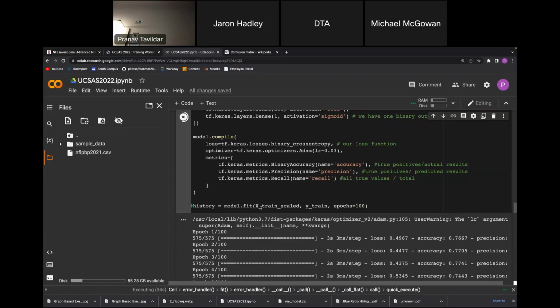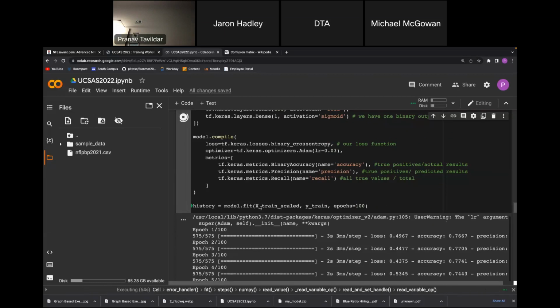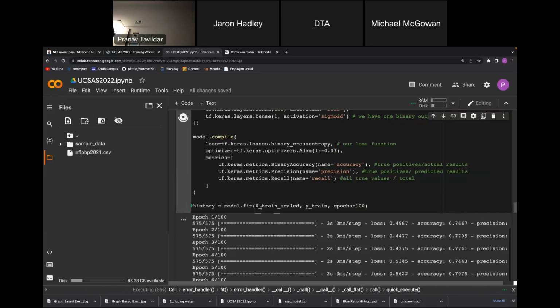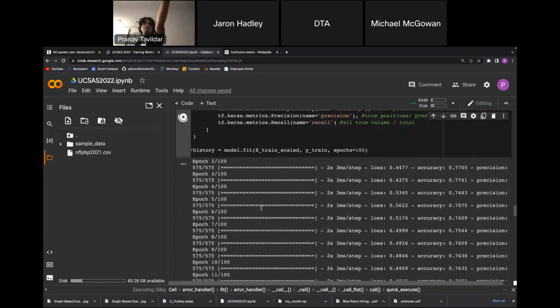Second question: which team has the most Super Bowl wins? Yes. Is it New England? Yes. Next question: which team has the most Super Bowl appearances? Yes. No worries. Okay, which team is known as America's team? How's this going? Yes? Yes, correct.